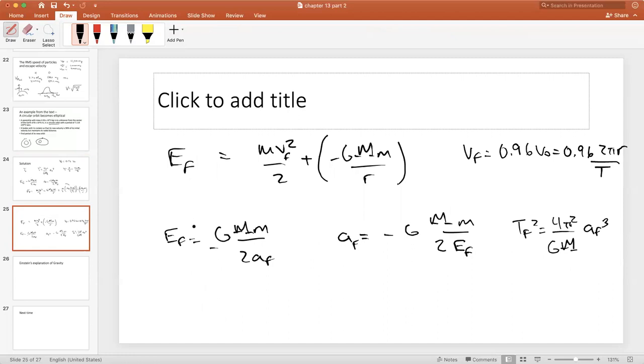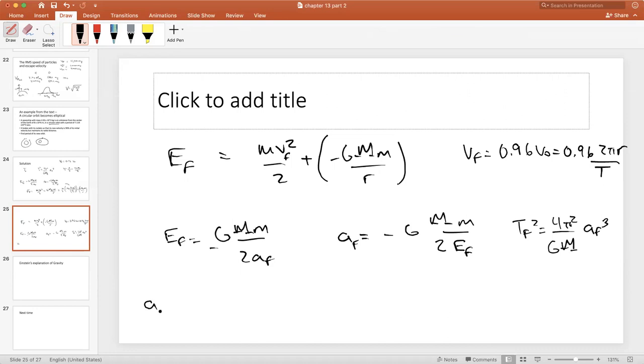Save us a lot of time of staring at stuff. This whole thing up here becomes... I had this written in some weird way. So what I'm going to do is write this as,